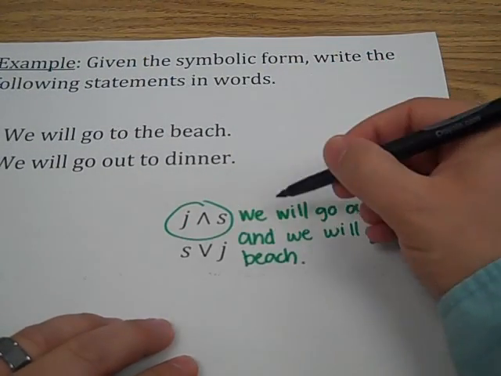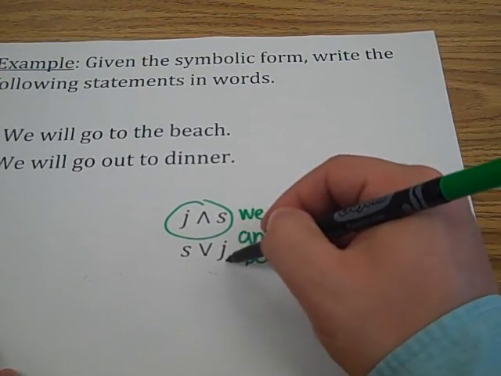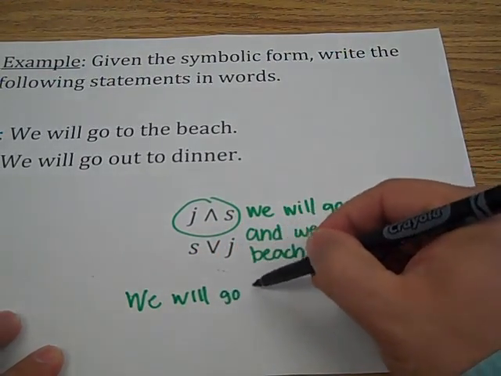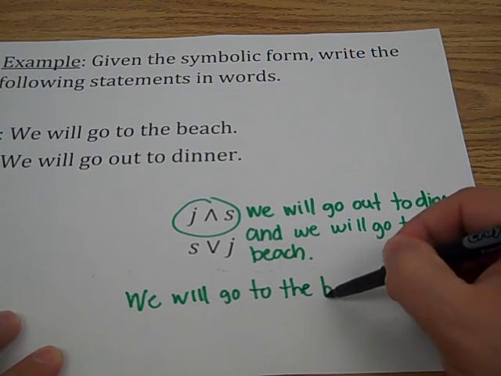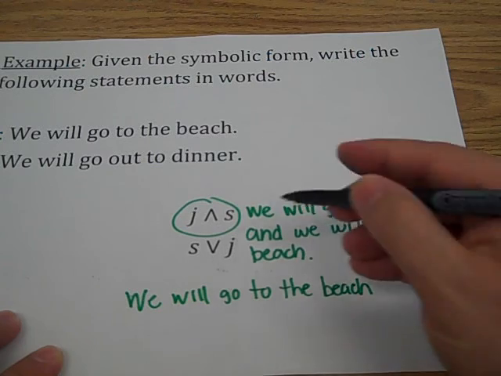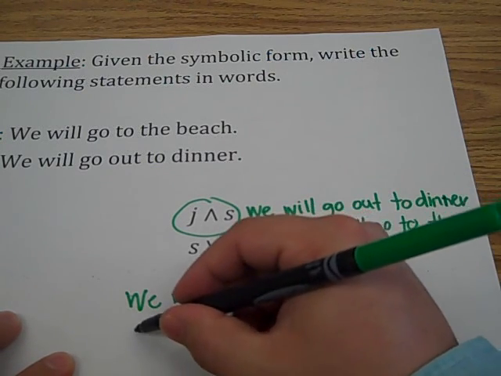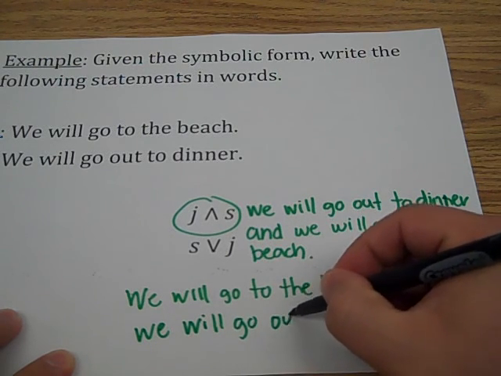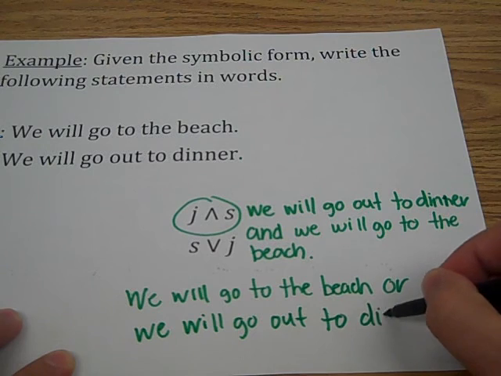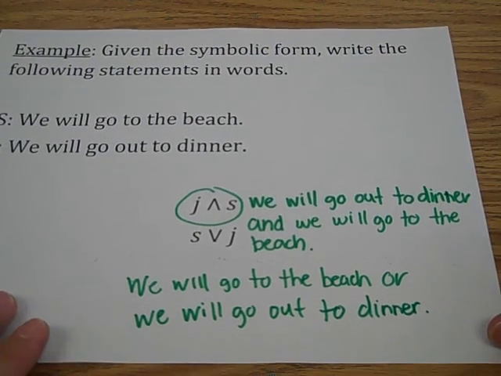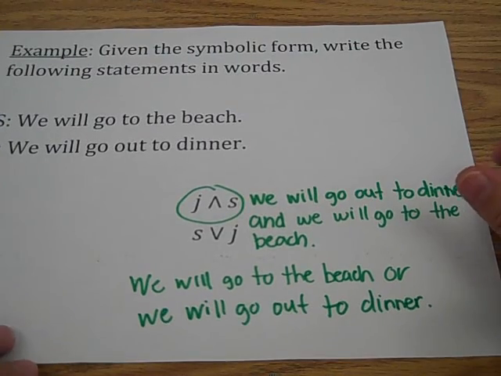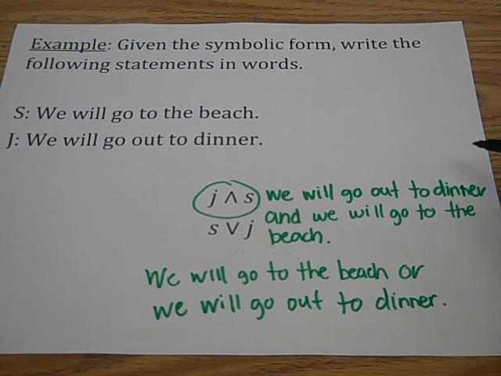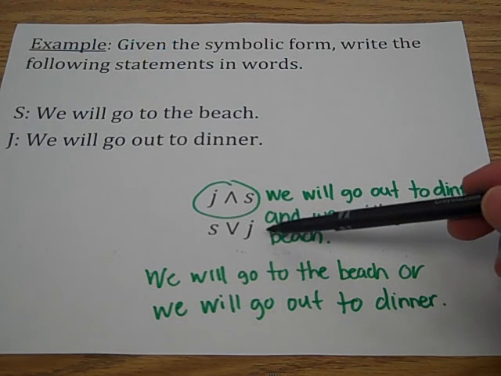So that's this one. Here I have S or J. So S is we will go to the beach. Or we will go out to dinner. And that's compound statements. We could add a little bit more complexity to these, meaning we could add on another